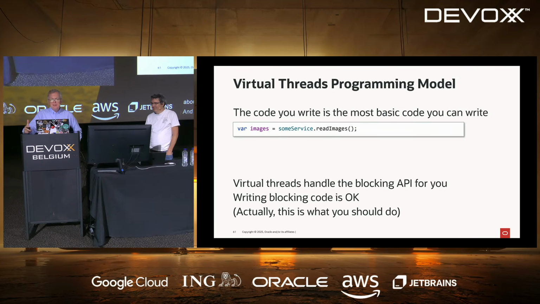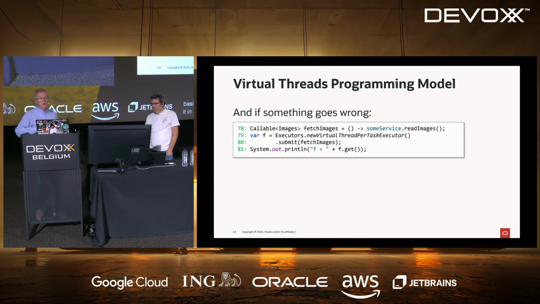So the most basic code you can write is this one. It's blocking, but as long as you run it in a virtual thread, it's okay. This is what you should do. And if something goes wrong, so here I have this callable, and I'm submitting this callable to a special executor service that was added also in 21, called newVirtualThreadPerTaskExecutor, which just doesn't pool anything because you don't need to pool virtual threads. You just create them when you need them. Okay, you submit your callable,